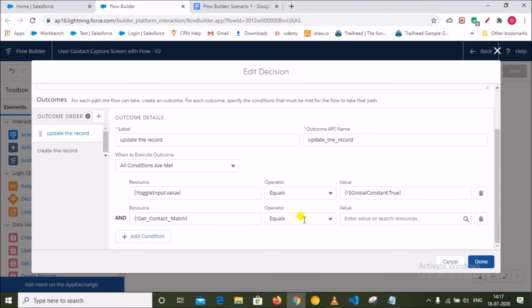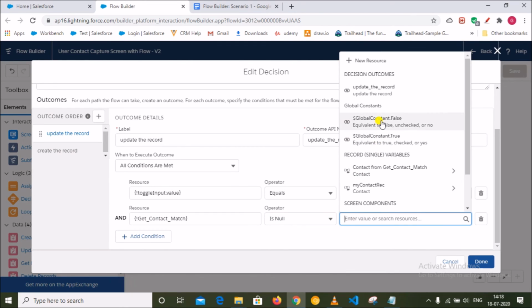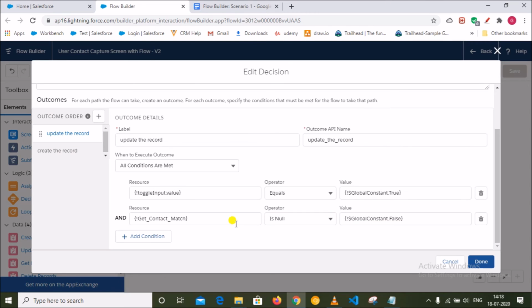We'll check is null equals false. That means I am getting the data in my Get Contact Match. Is null false means I am getting some data.